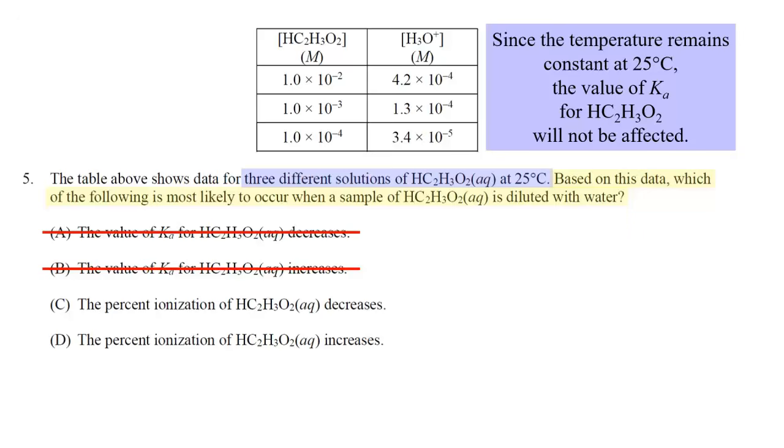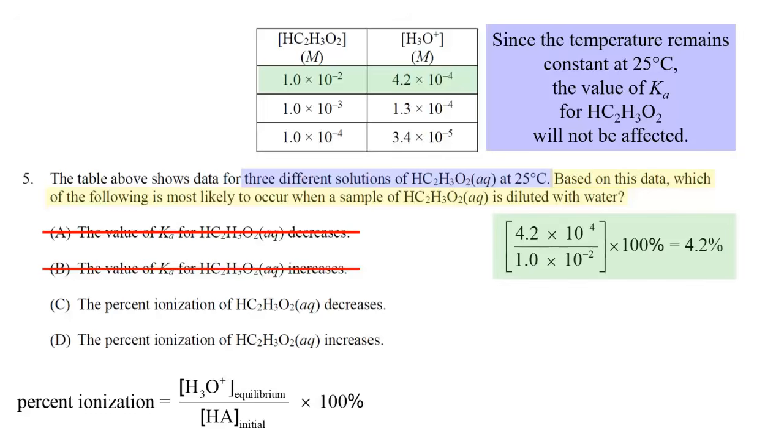Now, let's take a closer look at the percent ionization. Just like we saw in question 4, percent ionization is a ratio, concentration of the hydronium ion, which is listed in this table, divided by the initial concentration of this weak acid, times 100. So I'll start with the first row of the table. It's going to be 4.2 times 10 to the negative 4 for the concentration of the hydronium ion, divided by 1.0 times 10 to the negative 2, and then times 100. Now that works out to be